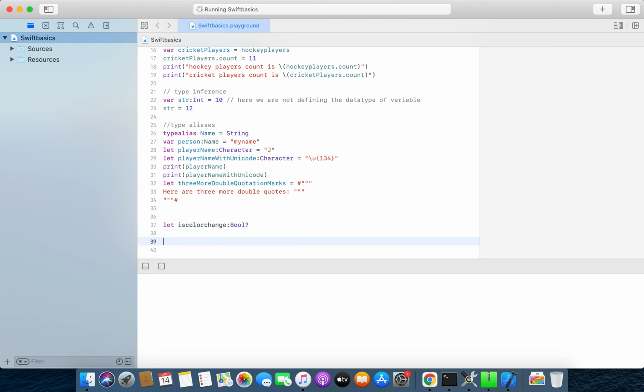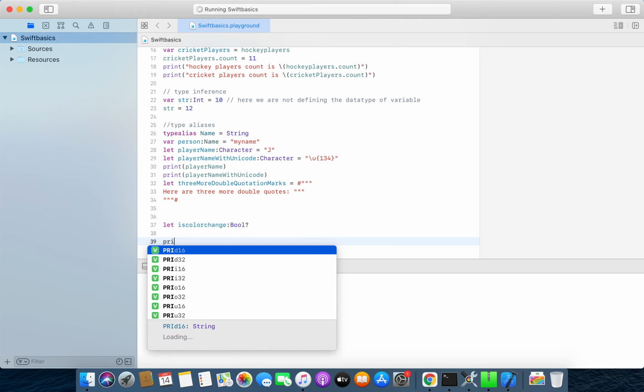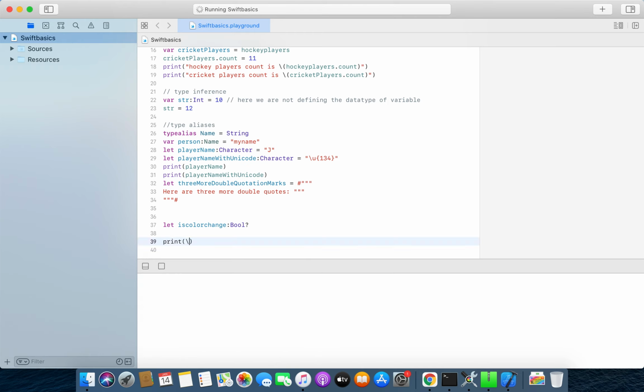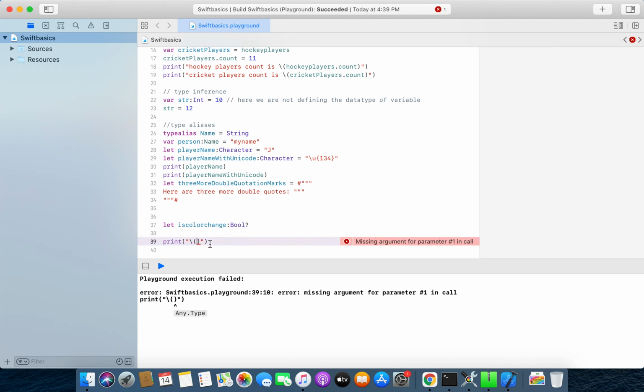If I try to print its value, how will we print a value? I will put a backslash and these brackets, and I will write isColorChange.